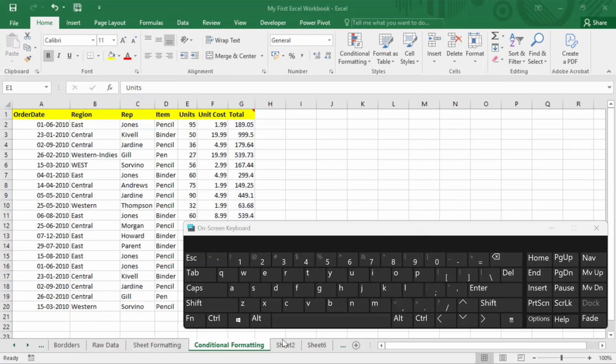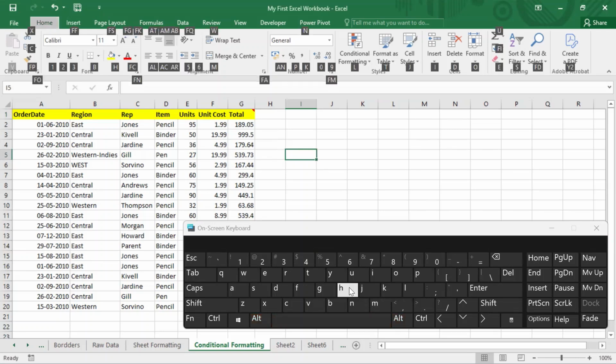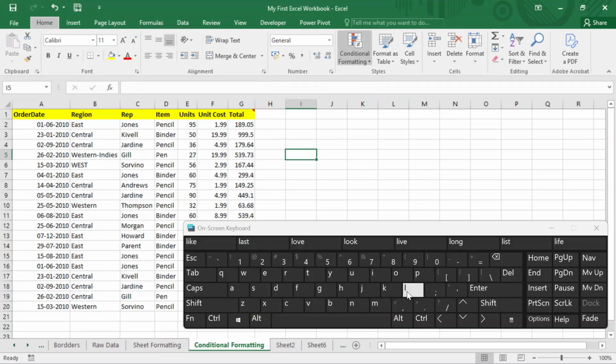Right now we are using the keyboard to access the ribbon toolbar. So how do you do that? Alt H for the Home tab access. From there, I get the conditional formatting, which is the letter L. You click on L and it opens the